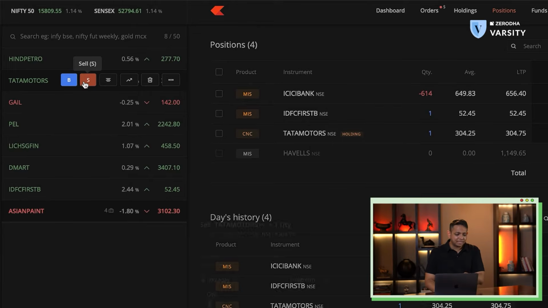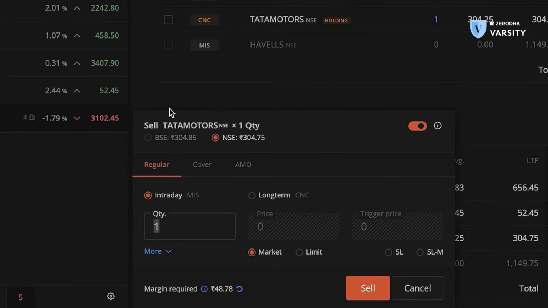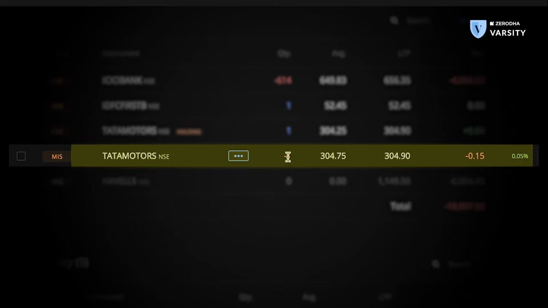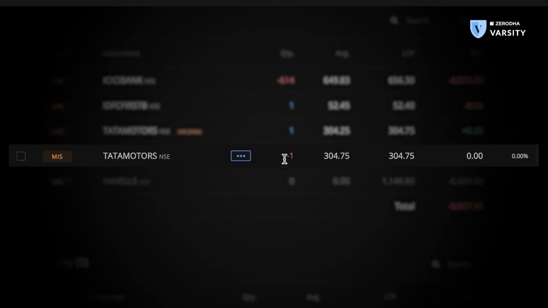Now let's understand the MIS sell order. Now, if I don't own a stock, I can actually place an MIS sell order on, say, this company here and profit intraday if the market falls. So all I need to do for this is, as you can see, I don't own any shares in this company, I will simply place one quantity sell order at a market price. There you go. Notice that this company has -1 quantity written in the positions tab, which means we are short. We are short at the price of 304.75.